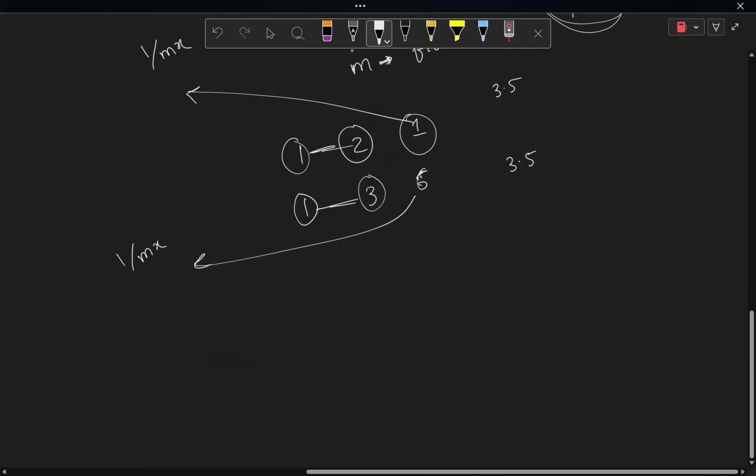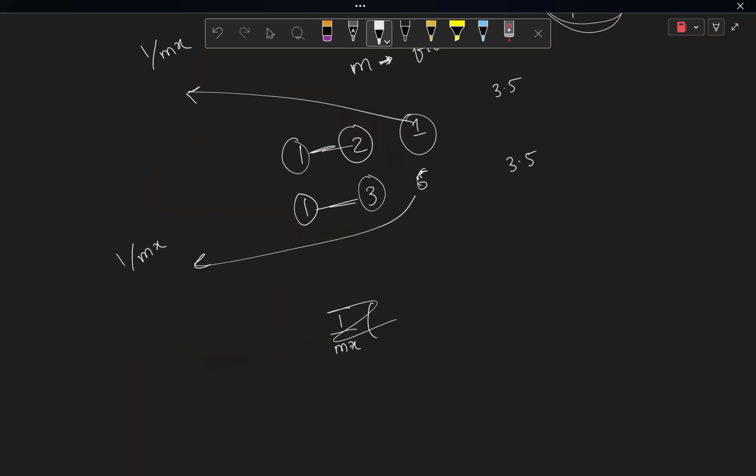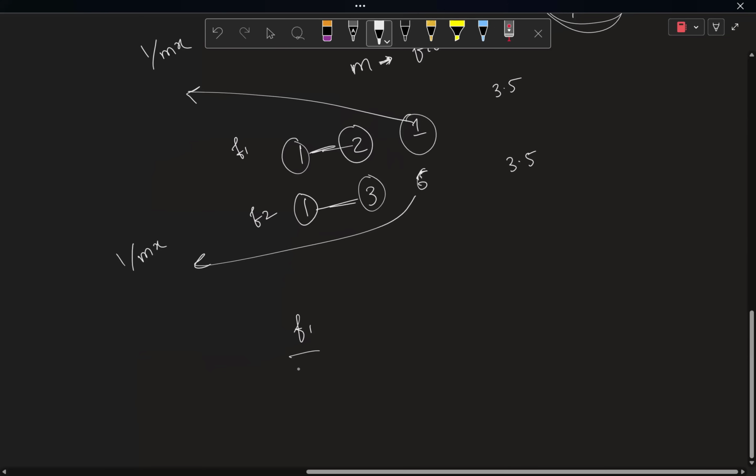So in one turn, when I choose some element, every guy is having the probability of 1 by mx to come, and it has some friendship value. So if this pair had a friendship value of f1 and this pair had a friendship value of f2, in one turn I can get something like